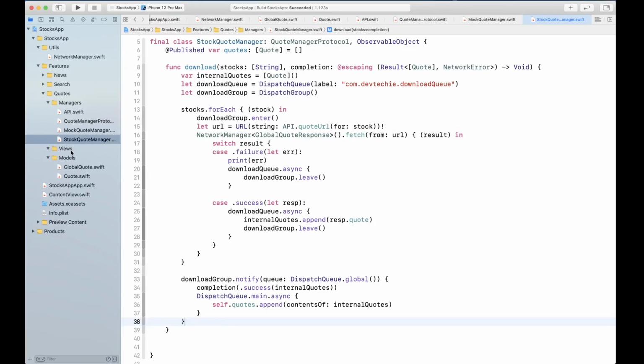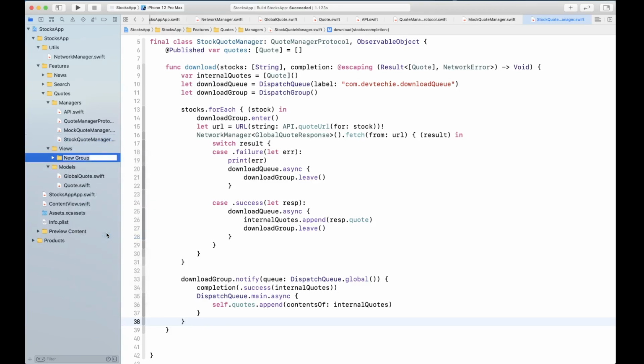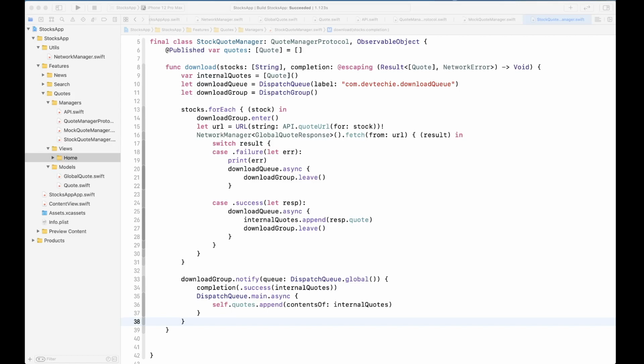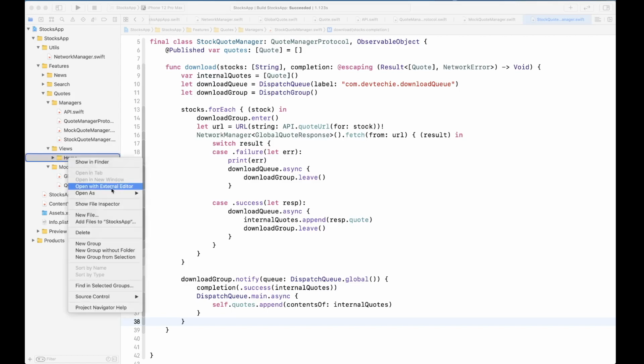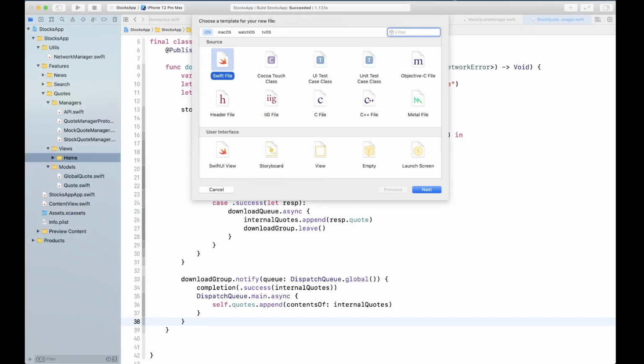So we can basically create a new group here for the home view. So for the home views, let's go ahead and first create all the components that we're gonna need. So the first one we are going to create is the home or header view.